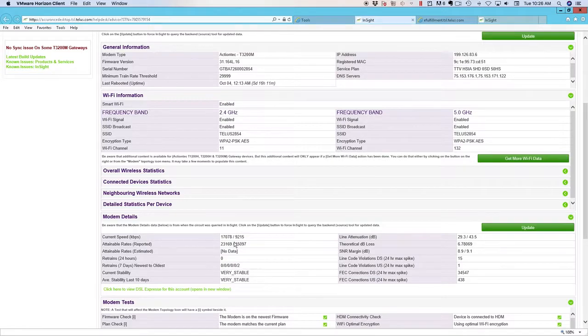More importantly than this, if you look over to see why you're not getting speeds, this theoretical dB loss, plus 10 to 12 is where your attenuation should be. So if we round this, if this is 7, our attenuation is going to be between 17 and 19 to get our rates. This particular one's at 29.3, significantly above it, which is why the rates are low and the